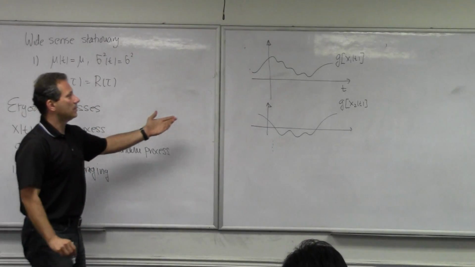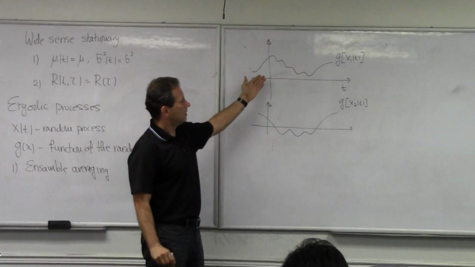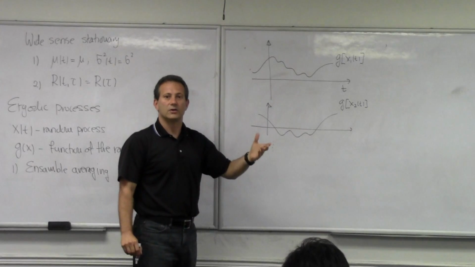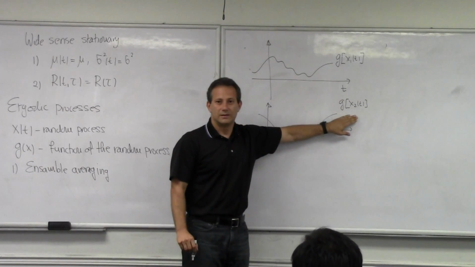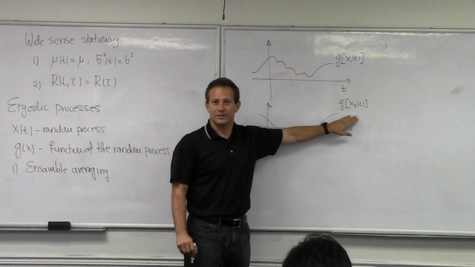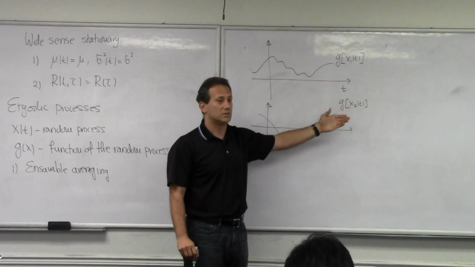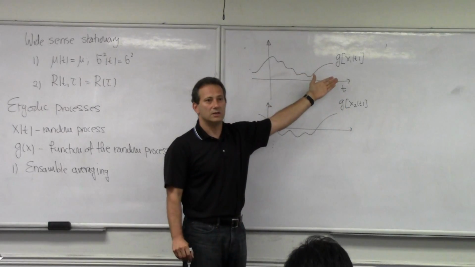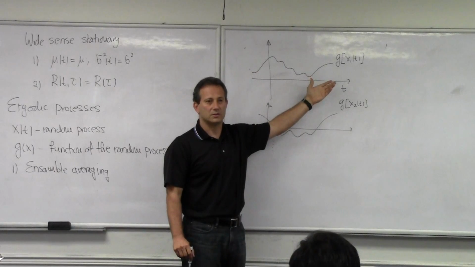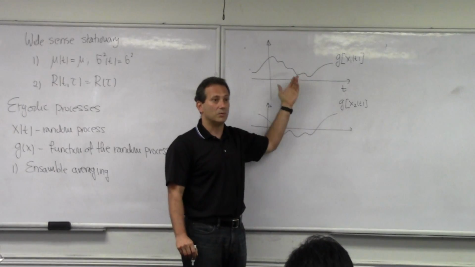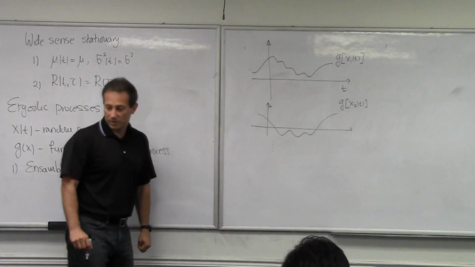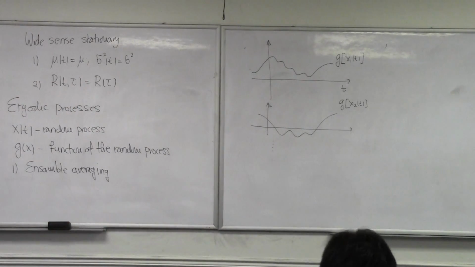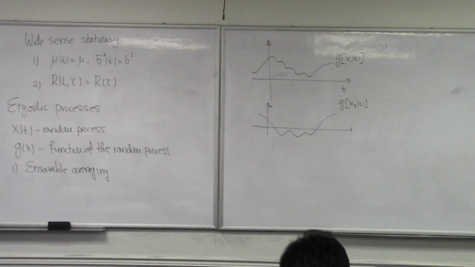What are we talking about? Let's say the process is voice as a category of random process. Then these x's are everything that everybody has ever said, all possible realizations of this process. And let's say g is squaring of that process. So I'm looking at the power across all of these possible realizations. If I specify a time,